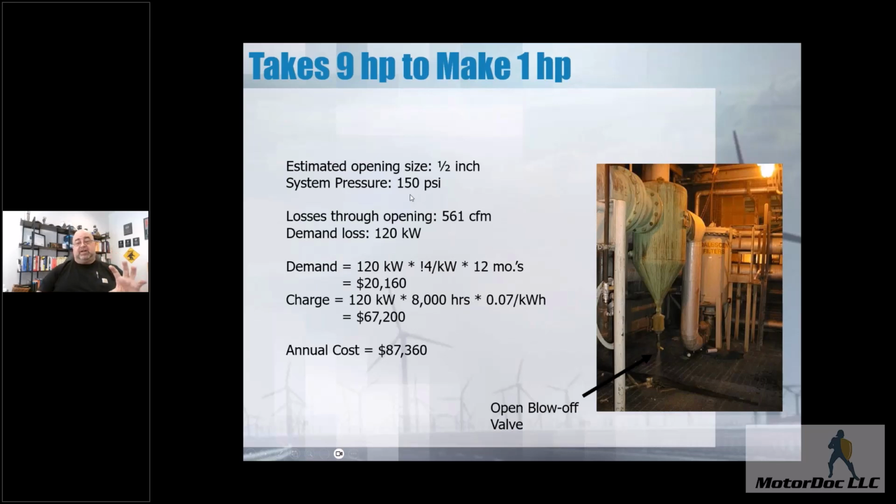To put this in perspective, they had a cogen unit on site, and when we closed the valve, we could actually watch the kilowatt meter move. The solution to it, by the way, was a $1,000 automatic blow-off valve. But to put it into perspective, losses through the opening, there are calculations to come up with the CFM. As a matter of fact, in the MEASUR software,